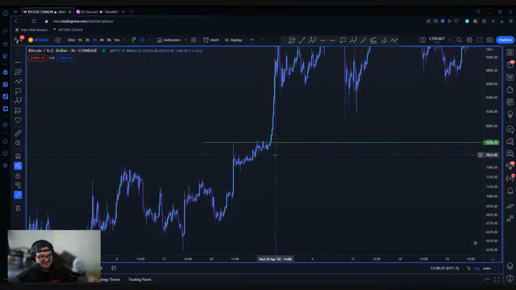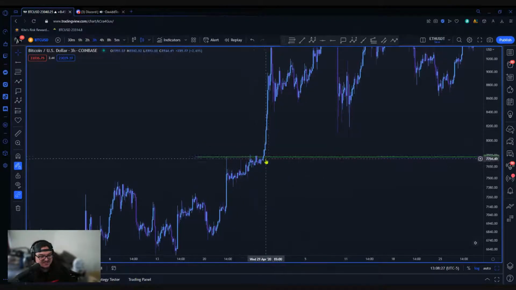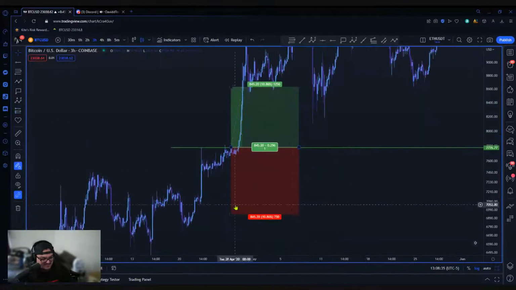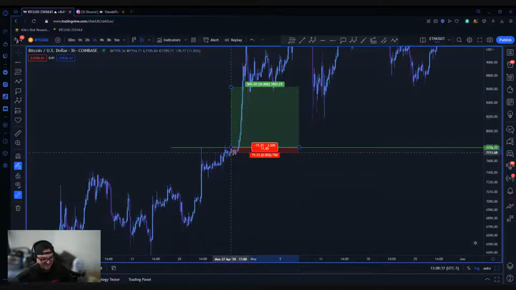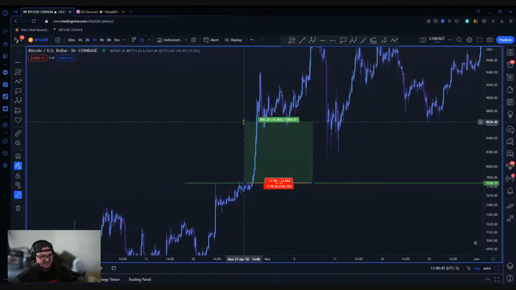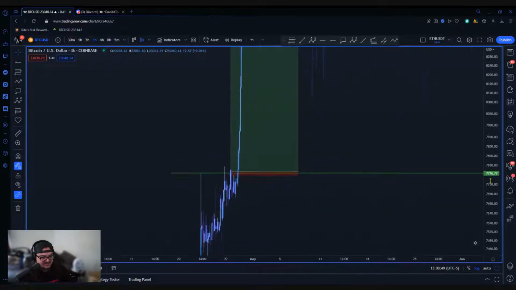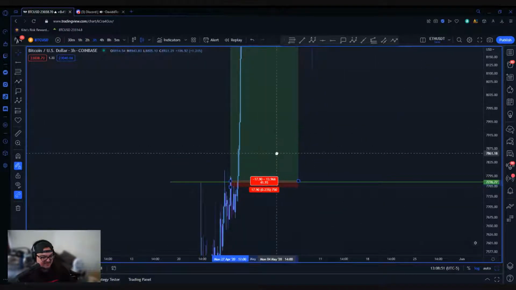By the time I got to here, I was risking almost 10%, like 8%, something like that. And I took a breakout trade using a very, very small stop loss, like a 0.25. I rode not the entire way up, but I'd say halfway up this trend. And I took profits because I was scared because I was up.